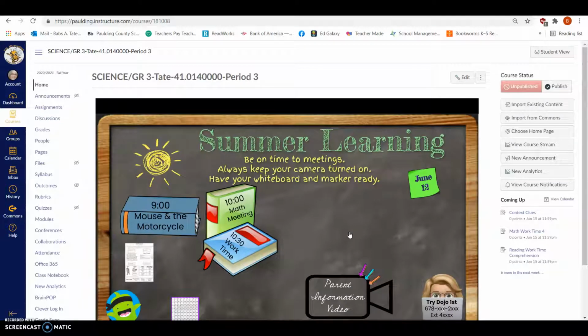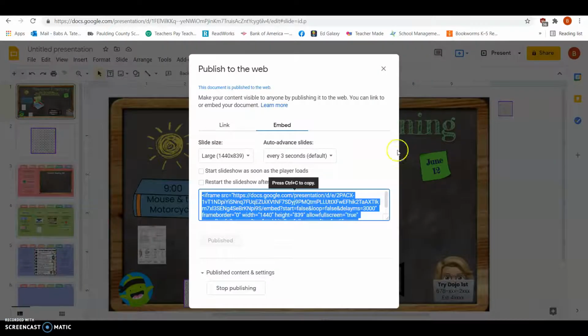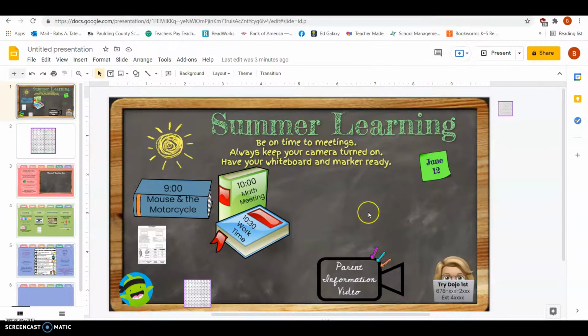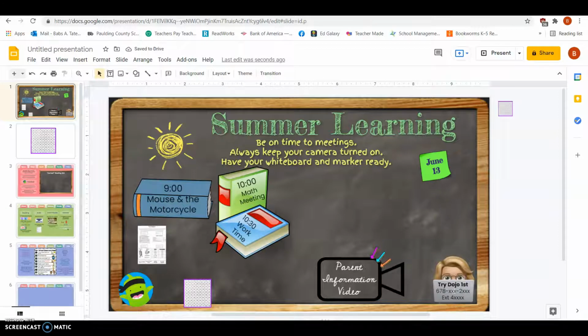And now this is what the kids are going to see first thing when they open their module, their course. This is the first thing that they're going to see. Now let me show you some other things that are really super convenient while you're here. If I go back to my Google slide, I keep the tab open at the top, oftentimes during the day, because I might want to go put a note on there. Maybe I had the date wrong, so I want to go back. I want to change the date, and now I tell the kids to refresh, and that date is going to